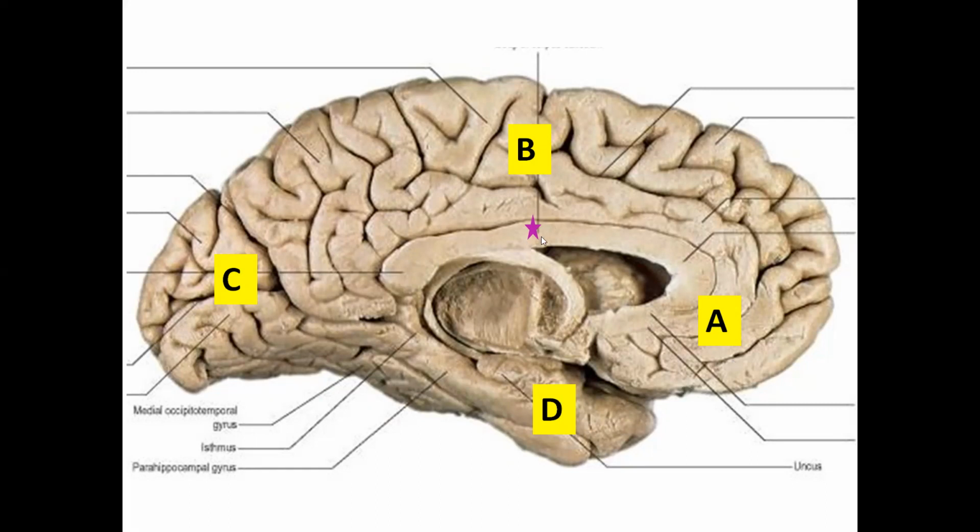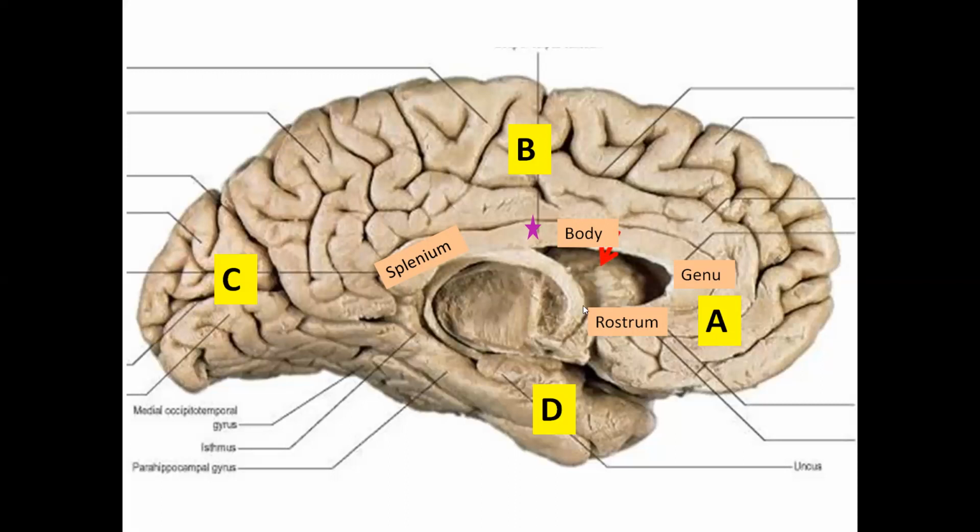Corpus callosum is a frequently asked question for you. Identify, give its parts. That's what they ask. So the corpus callosum begins here. This part is called the rostrum. It takes a bend here. That's called the genu. This part in relation to the parietal lobe is called the body. The posterior end is broad. It's called splenium. Okay. These are the four parts of corpus callosum: rostrum, genu, body, and splenium.